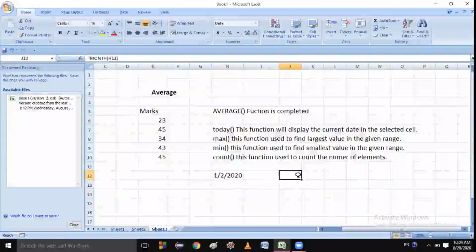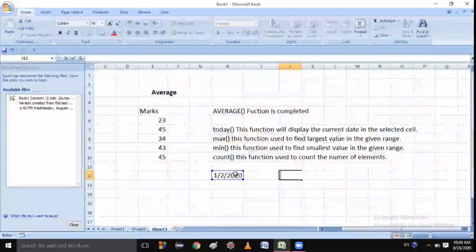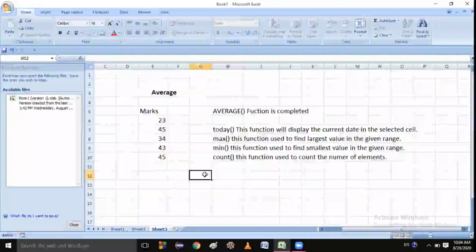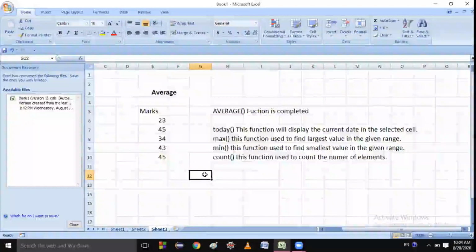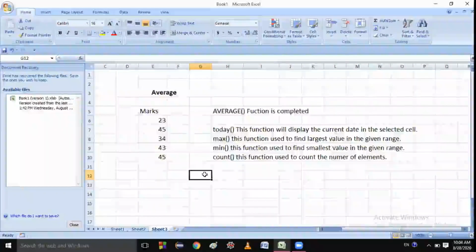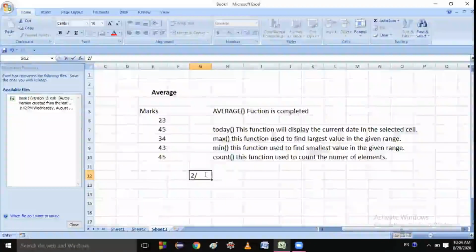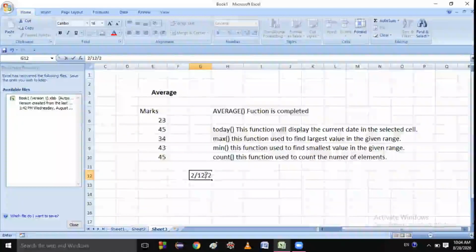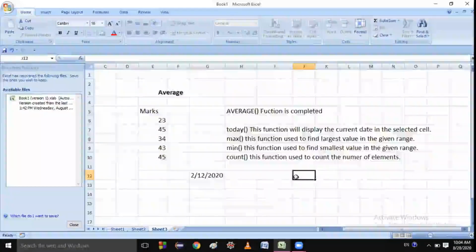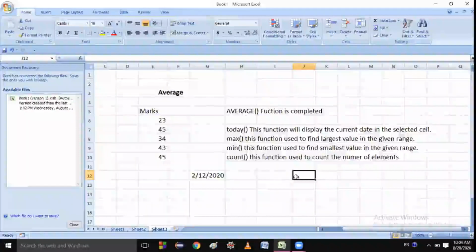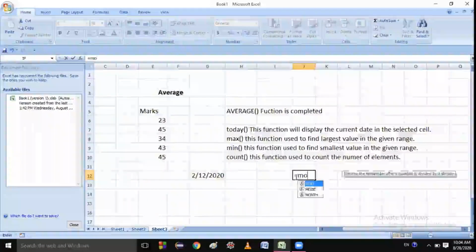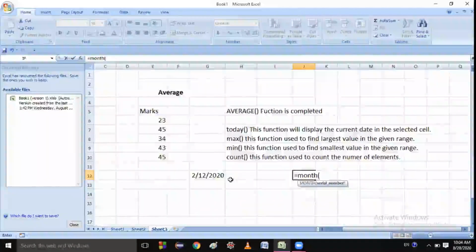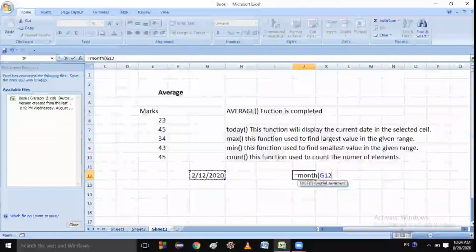Listen. Suppose I have a cell having some date like 2 slash, then the month, which will be 12, and then the year 2020, and I want the month of this cell. So I will use equal to MONTH, click this cell and press enter.